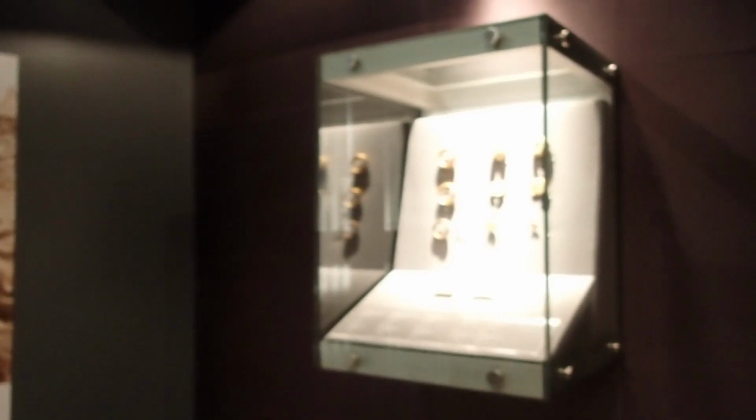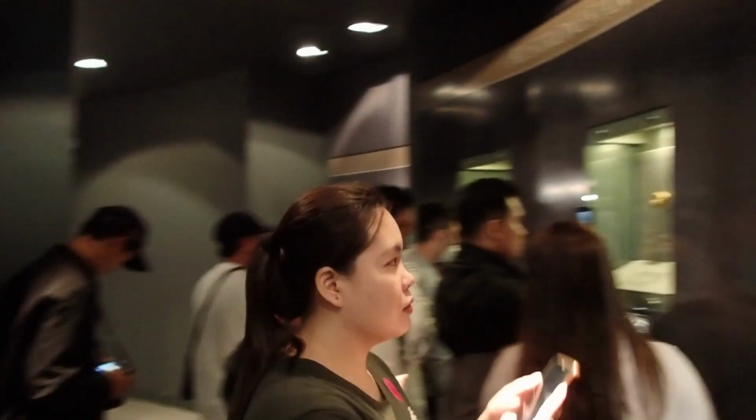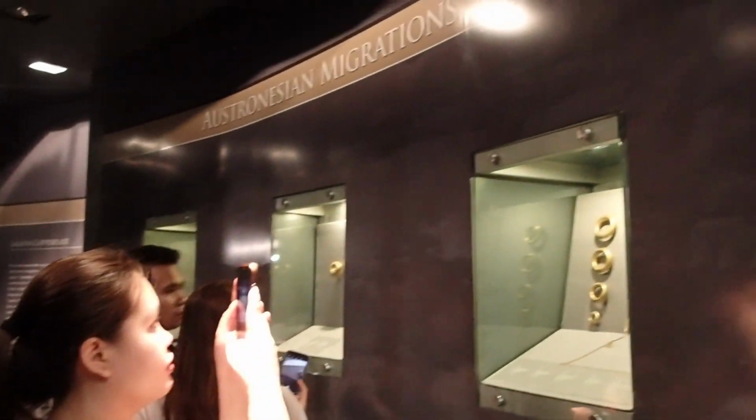Restoration. May makikita tayo malalaki. Replica na. Replica na yun. Totoong gold. Yes. Totoo yung mga